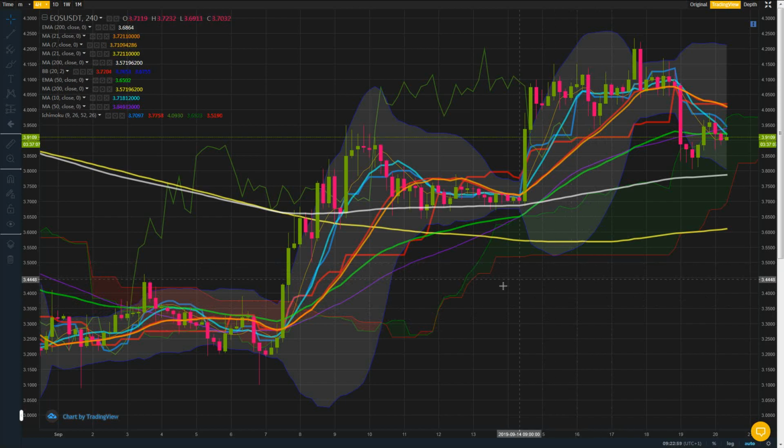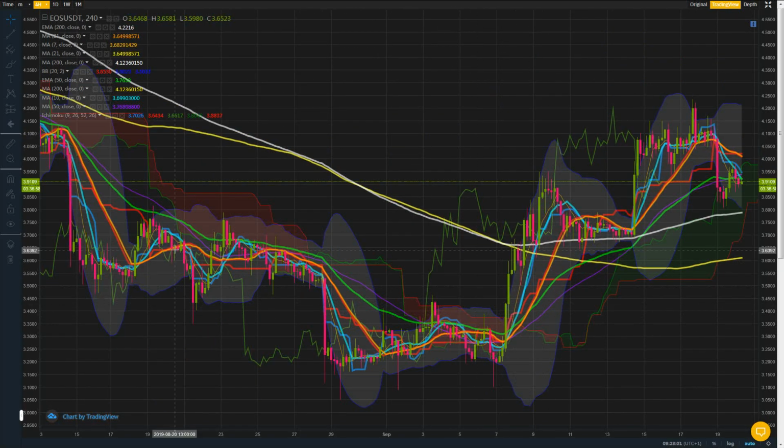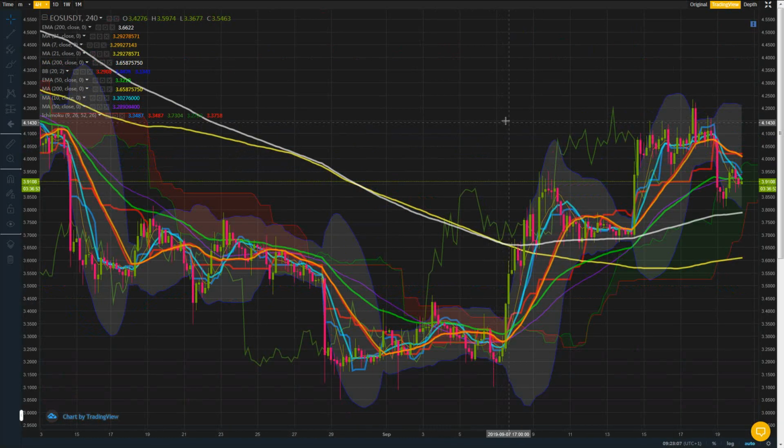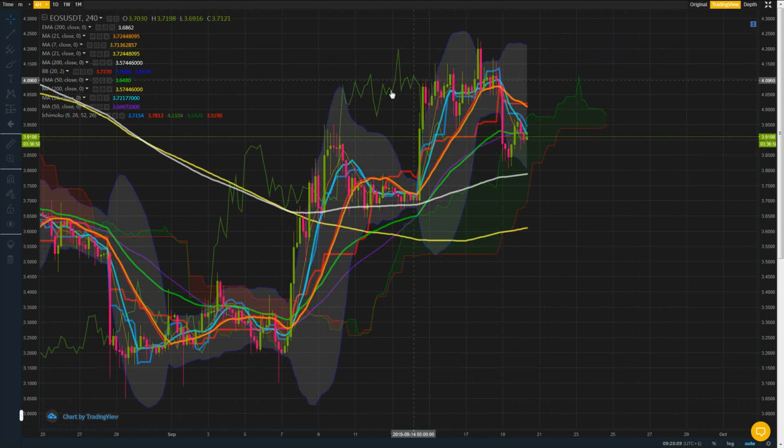But EOS was the front runner of all of these, so we've got to continue looking at EOS until we decide that the whole thing is over. But at the moment, it definitely looks bearish. Now, in my previous EOS video, I was saying that I'd got involved here and we rode this one up to the top. But our resistance level, give or take